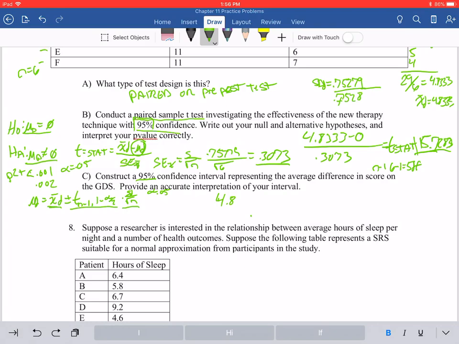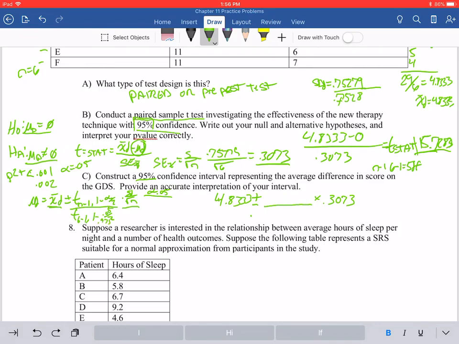So we know our x bar delta is 4.8333 plus or minus t of n minus 1 degrees of freedom, cumulative probability of 1 minus alpha over 2, which we don't know yet. We're going to multiply it by the standard error of x, which is 0.3073. We know our t of 6 minus 1, which is 5, times the cumulative probability of 1 minus alpha, alpha being 0.05, over 2,